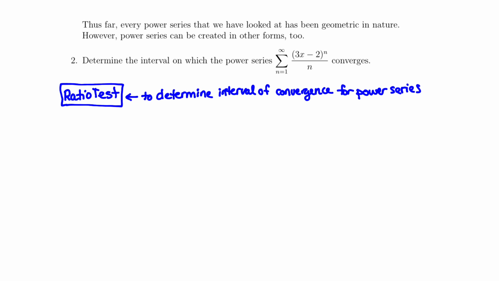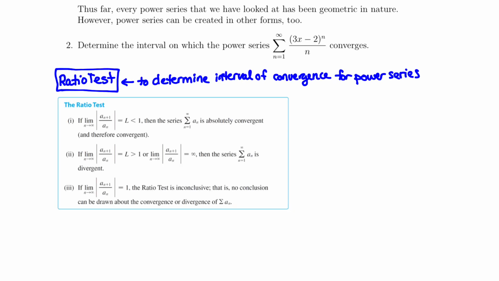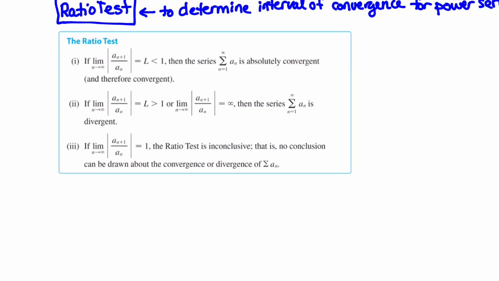And the ratio test, let me show you it. Here, hang on. I have a different page here, and I'll show you what the ratio test is, and then we'll come back. So that's the ratio test right here. The ratio test says that to determine if a power series converges, we can look at the limit of two terms, the n plus first term and the nth term. And if we divide those two terms, or in other words, look at the ratio of those two terms in absolute value, and we get a number L,